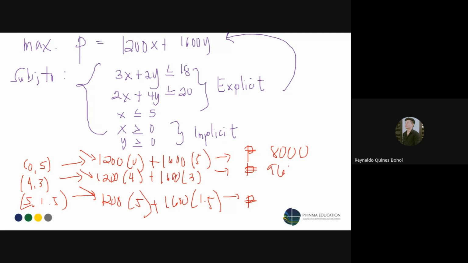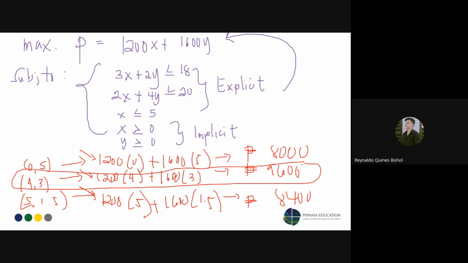How about the third one? 1,2 times 5 and 1,6 times 1.5 is 8,400. Okay. So the maximum is (4, 3), so the answer here is (4, 3) with